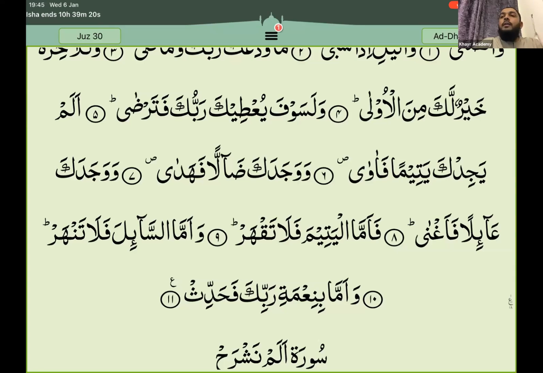So we've done the example of noon, that's clear. Let's do the example of mim. Okay, the example of mim is here.